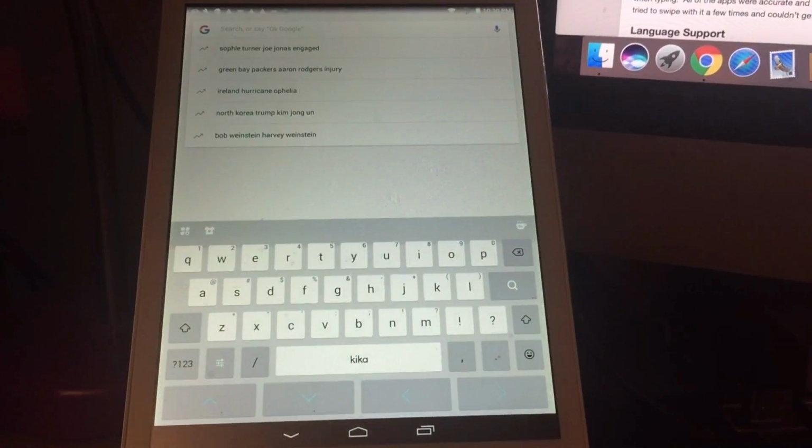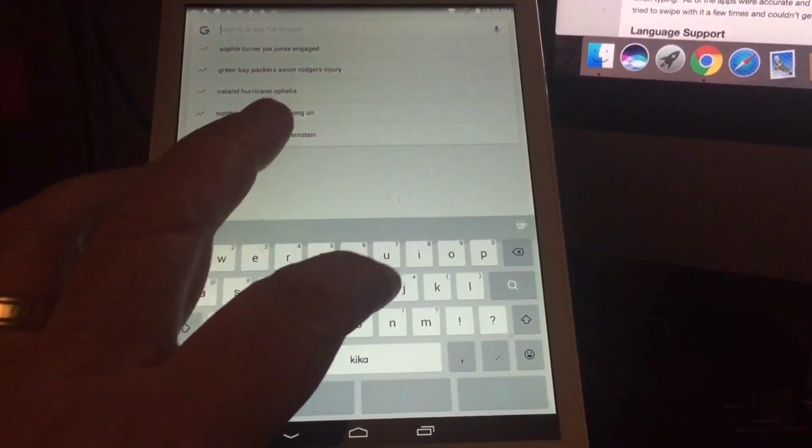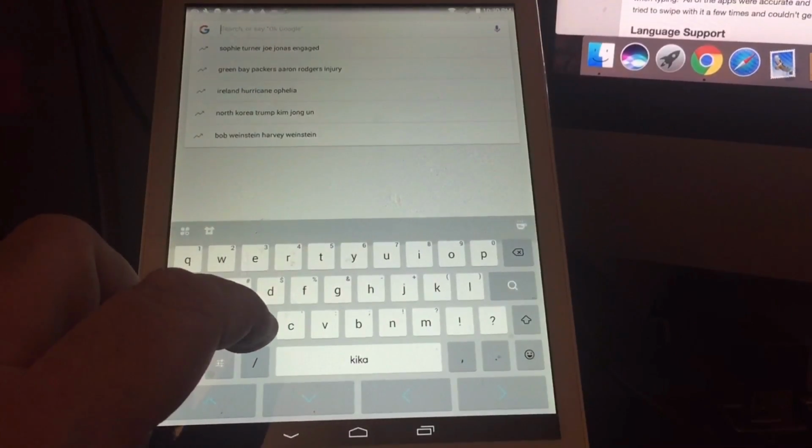There you go. Sometimes this tablet is a little finicky. It doesn't like to cooperate. But overall, one of the things we checked was accuracy and predictions of what you're typing. So if I put in, let's see,